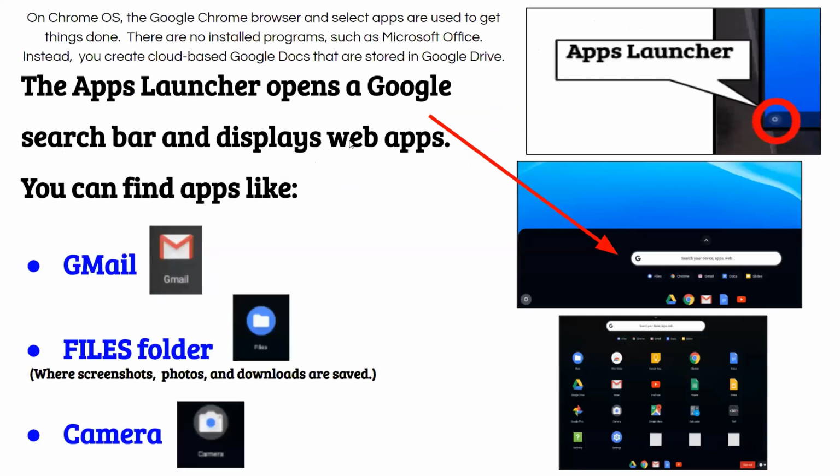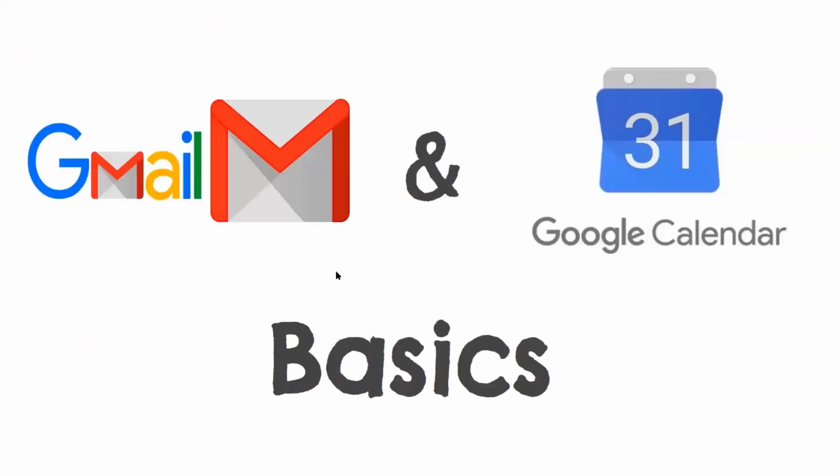All right. So again, I'm not going to go over this. I'm going to say it really quickly. This whole presentation will be sent to you and you can use it to go over it in your own time, okay? So definitely check that out. But basically at the bottom of the screen, if you open the apps launcher, which is a circle on the left side, it's going to open up more shortcuts to different applications. Applications such as Gmail and Files and the camera. So I'm going to go very quickly over Gmail and Google Calendar. These are really important because we use these all the time.